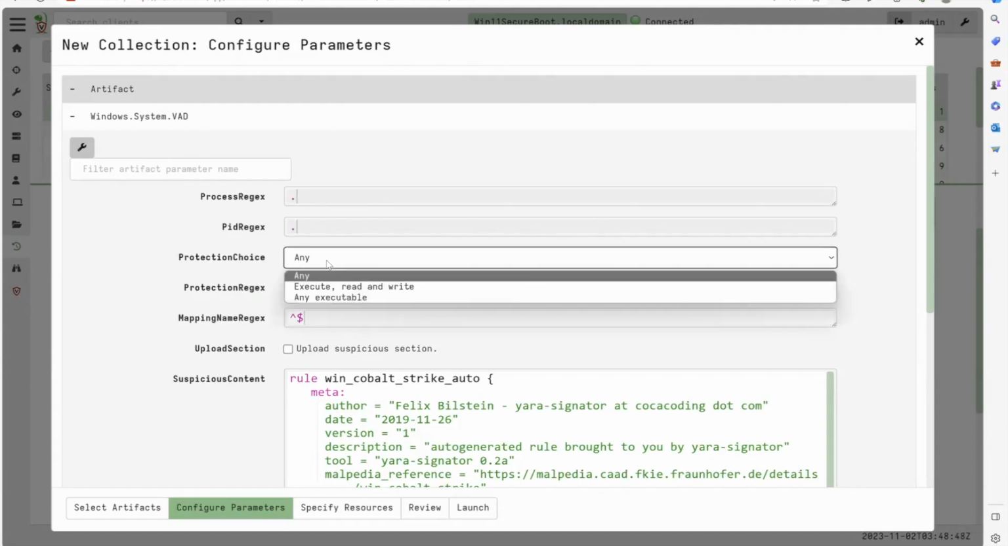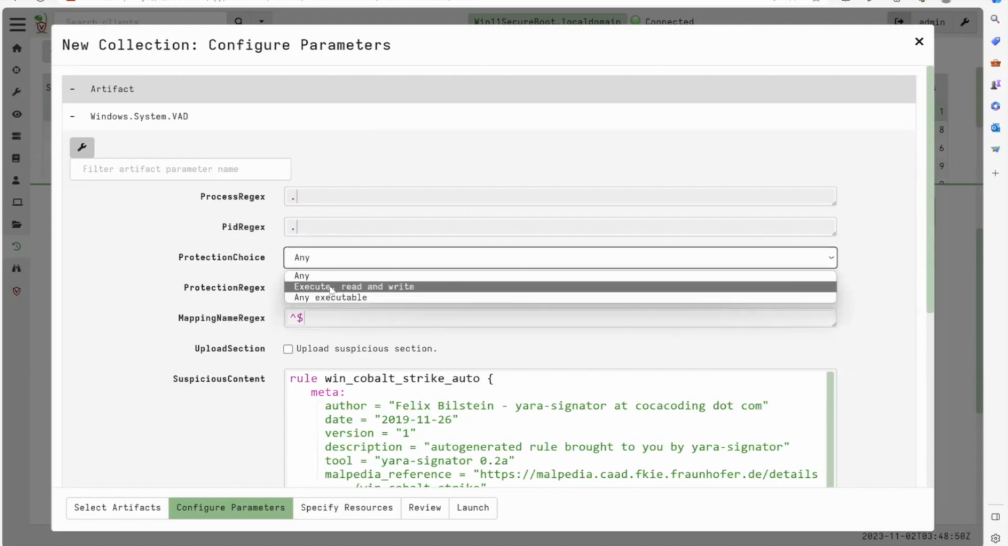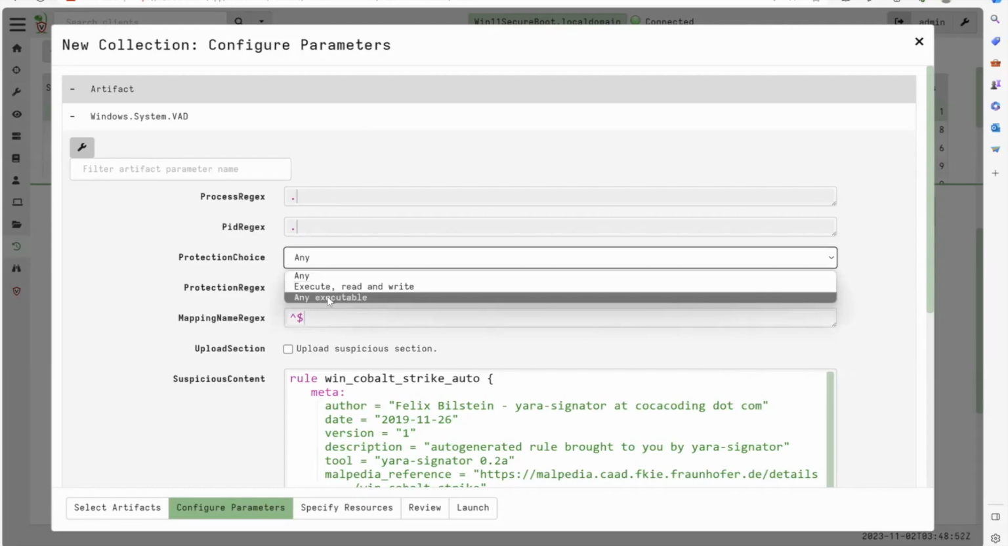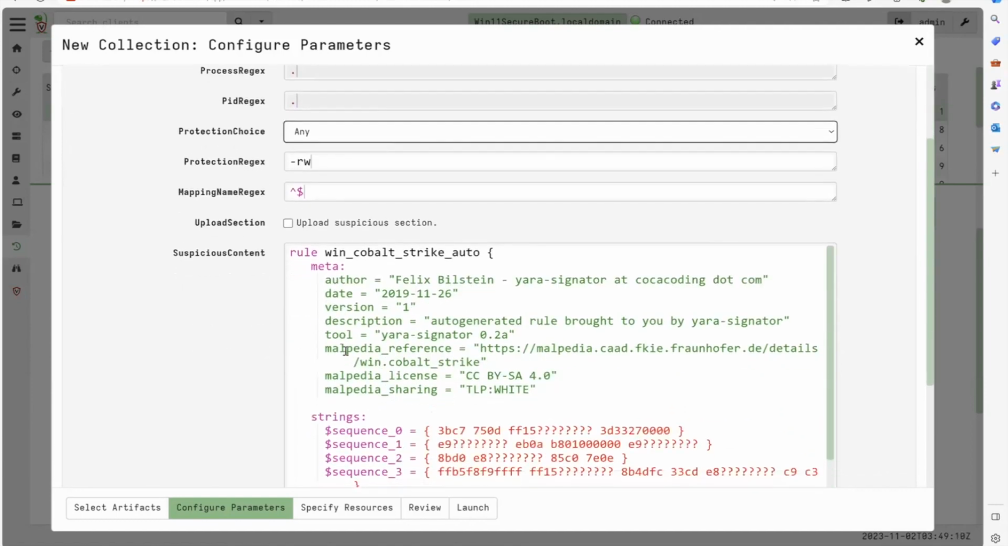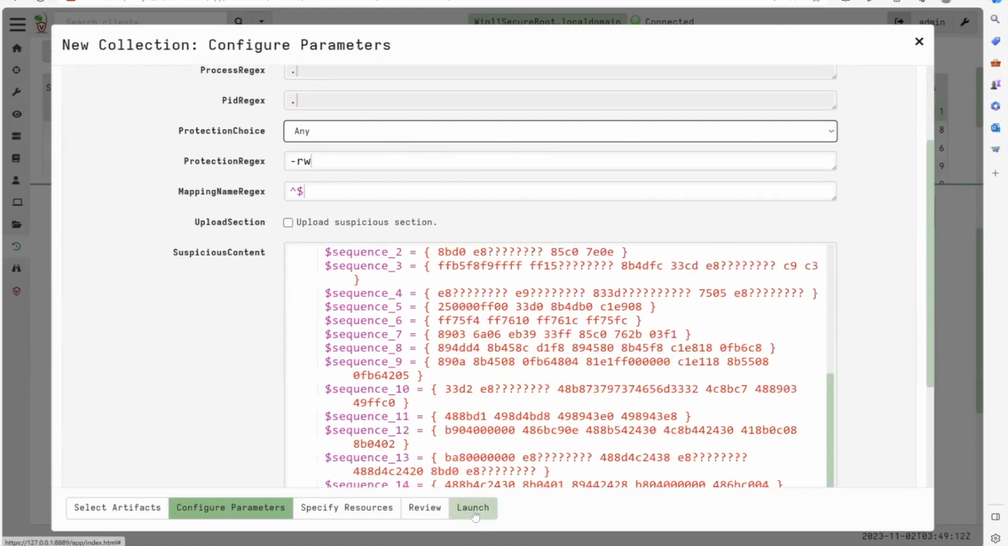It's worth noting I've added this into this artifact as just a quick little selection item. If you want to say select any executable or read write execute, we can run that easily. But for me, when you have knowledge about the sample that you're trying to detect, this is another way to really make your scan efficient. And the reason for that is